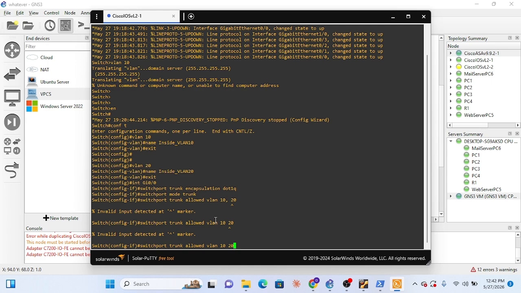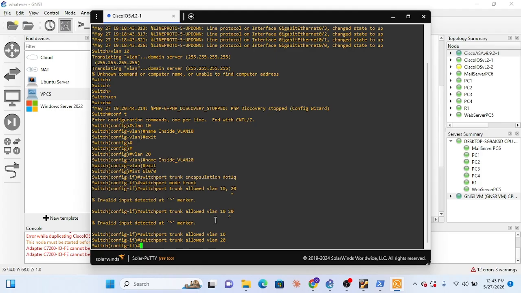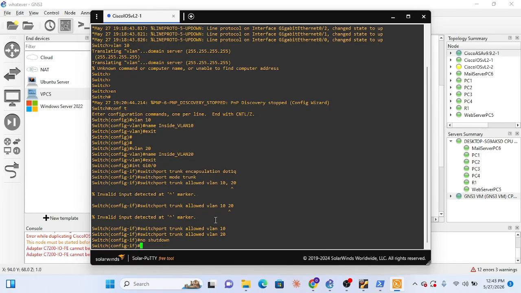VLAN 10, let's just type this and this, 20 and no shutdown. So this will now